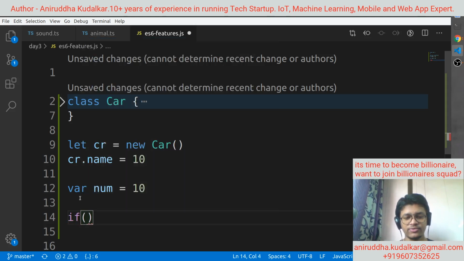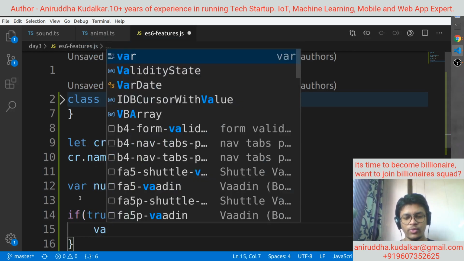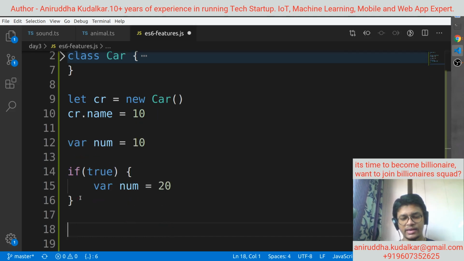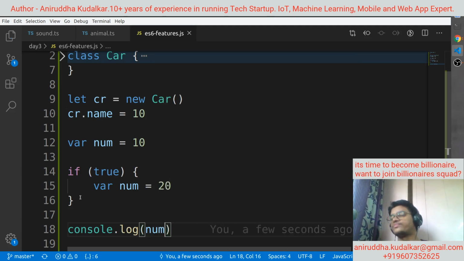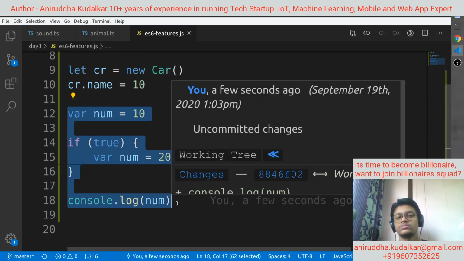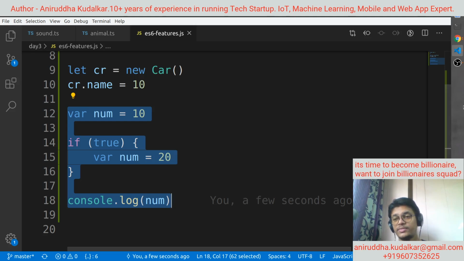Here you can say if true, var number is equals to 20, and then console.log. Can you tell me what would be the output of this much code?